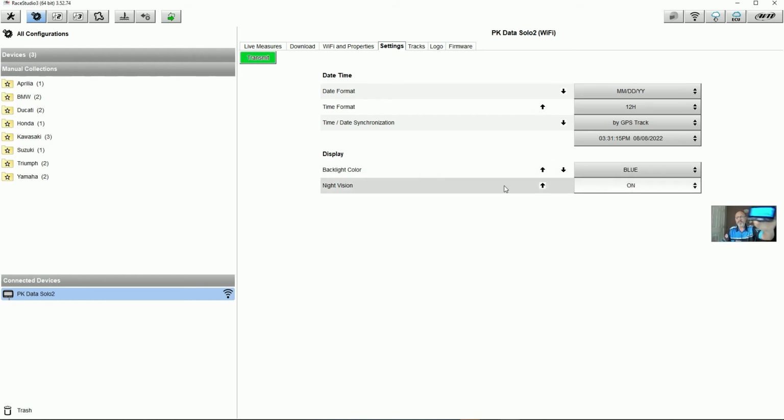Okay, and night vision is what turns the display color on and off. So if I click night vision and I go to off and transmit, the blue will disappear. And if we go back to on and click transmit, the blue comes back on, and that is your settings